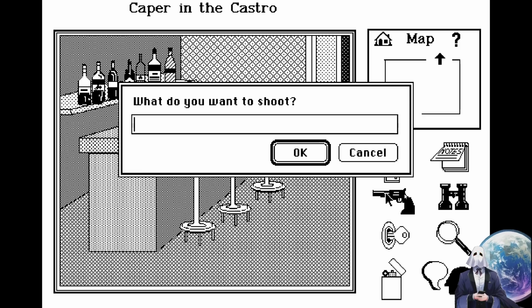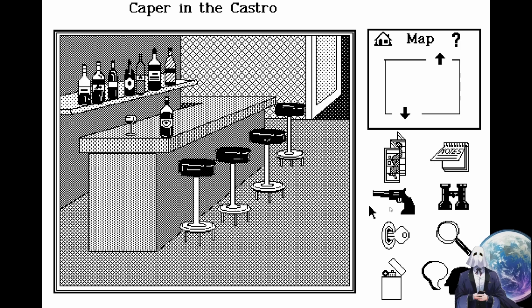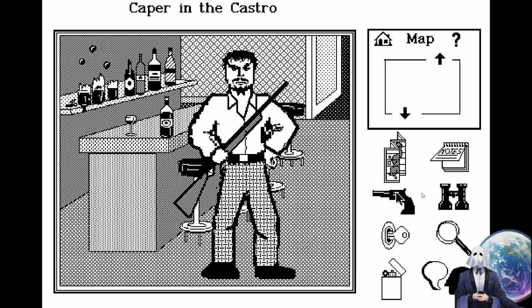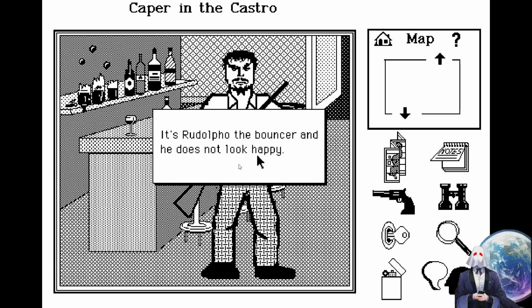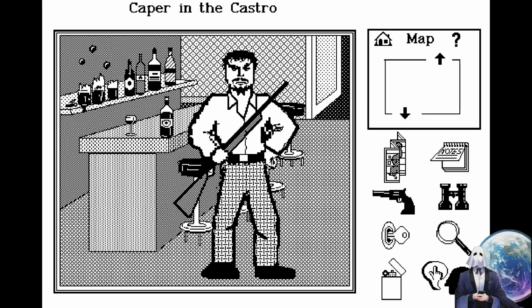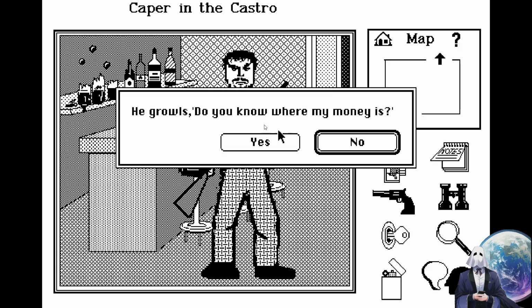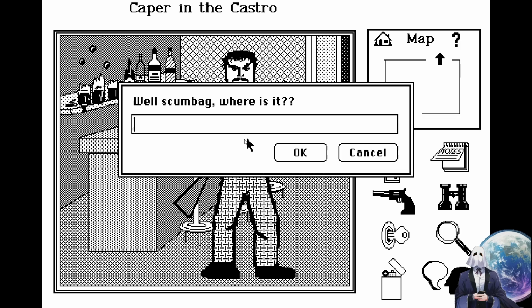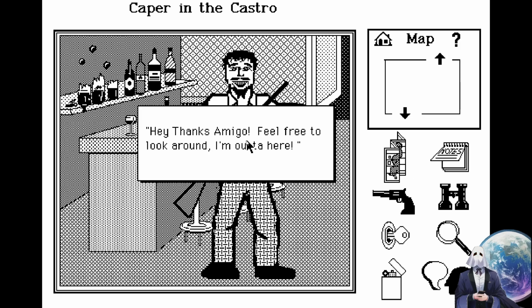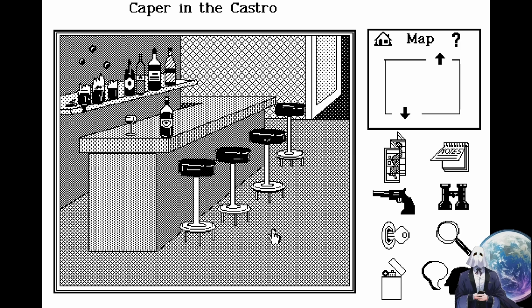So, shoot the bottles. Bang. A man. Rodolfo the bouncer. You know where my money is. Apparently it's in the trunk. Hey, thanks, amigo. Feel free to look around. I'm out of here. Sure.